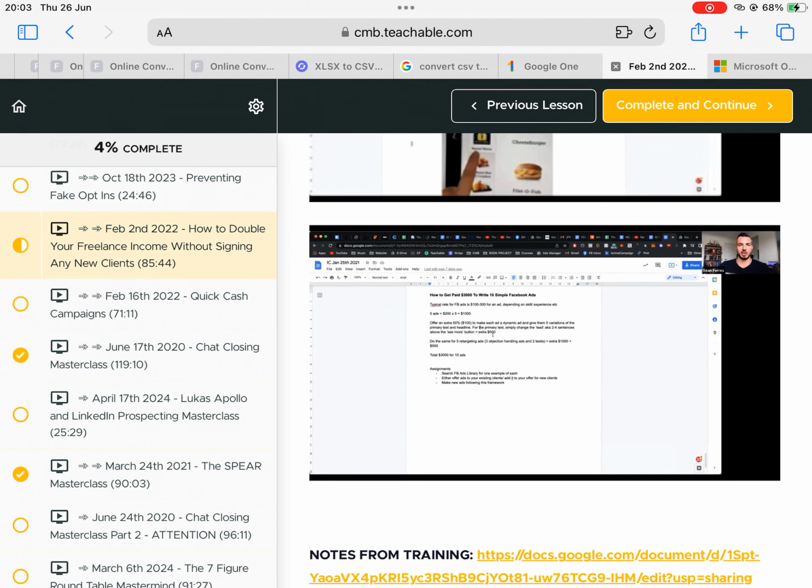Cool. And then you'll write 5 different headlines, and again, how long does it take to come up with a headline? Not super long. So now we've gone from $1,000 to $1,500. We're not done yet, because cold ads, or ads to cold traffic, is only sort of half the ballgame.